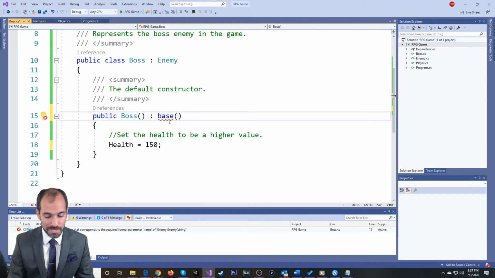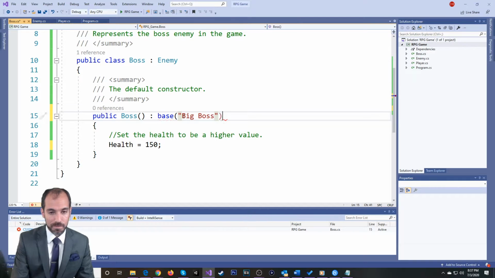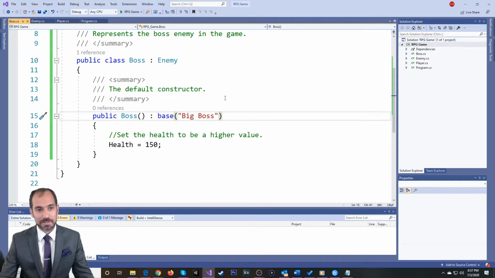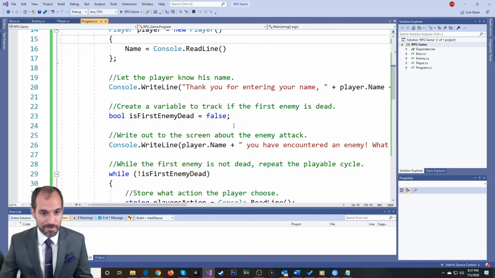When I type in this parenthesis, it'll tell you the base constructor of enemy is name, the name we want to give to the enemy. This is the part that I wrote inside the comment. So we're going to give the name Big Boss. So in that case, now that we have made these classes,